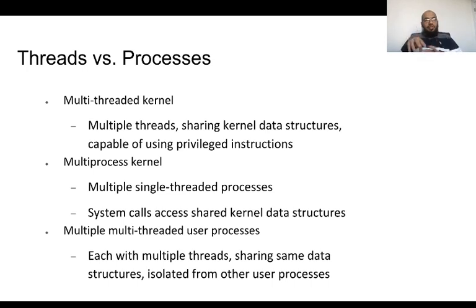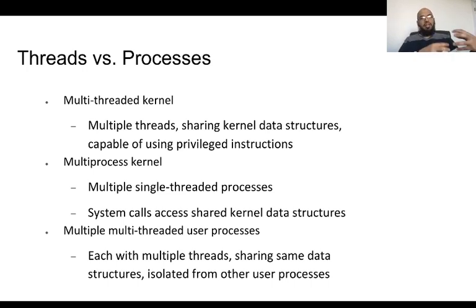So you have different levels of threading model. Multi-threaded kernel: a kernel that internally allows multiple threads to run, and these multiple threads can have a parent thread. They can create children threads and so on. A multi-process kernel: each process has a single thread and cannot have multiple threads. And multi-threaded user processes is when the user processes themselves can have multiple threads,